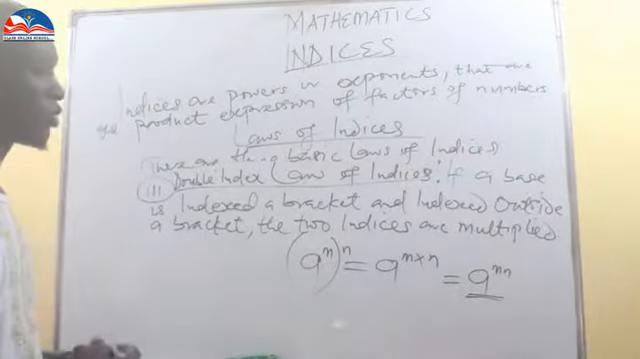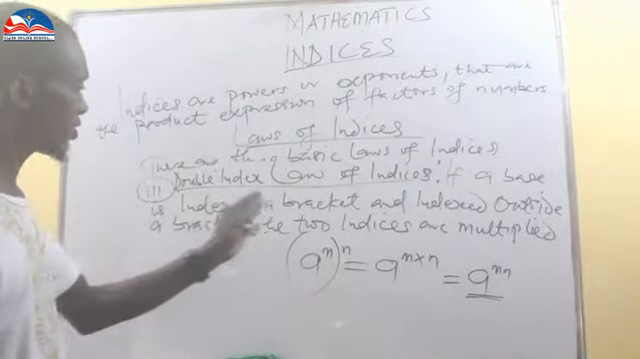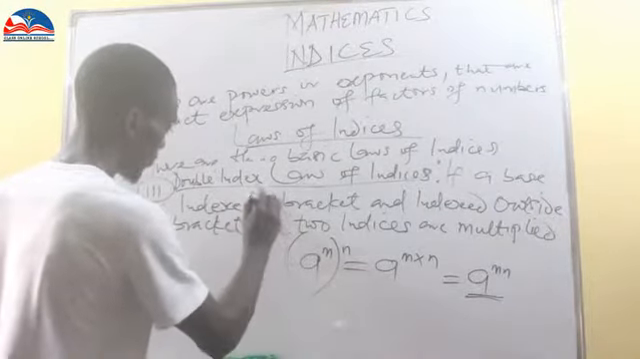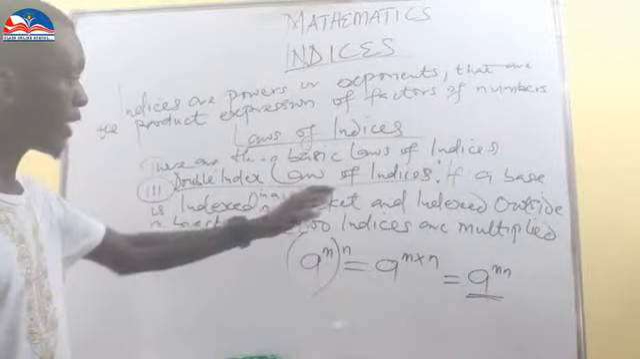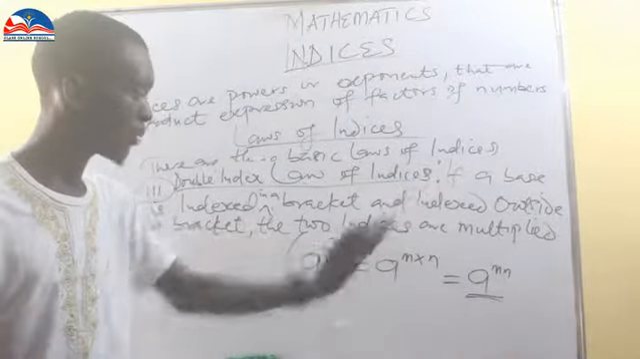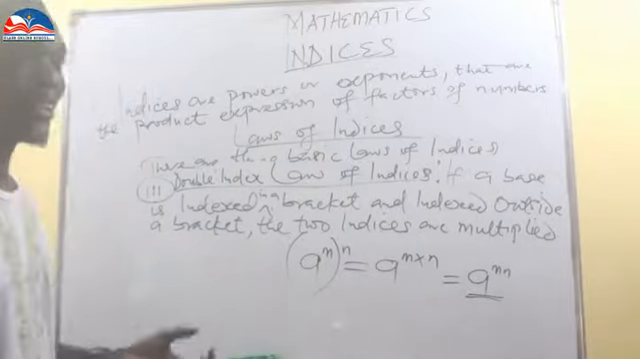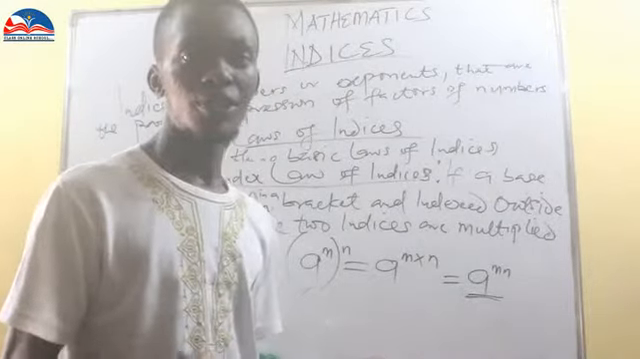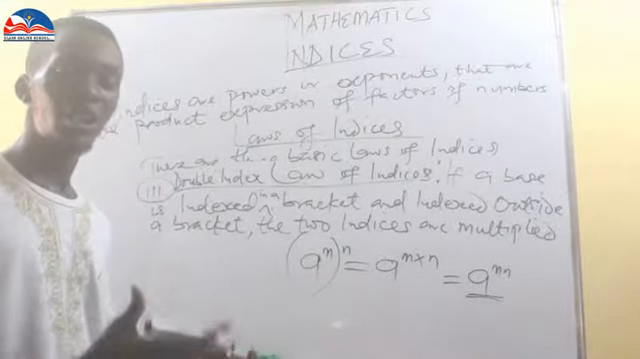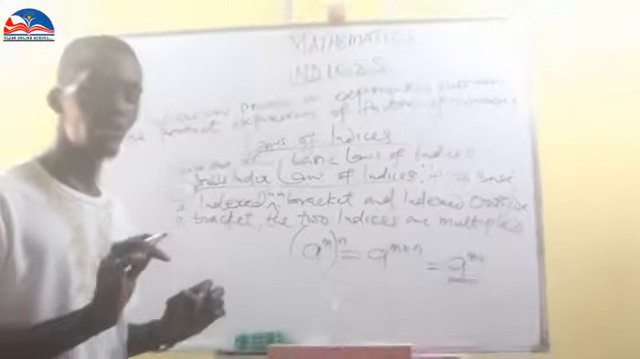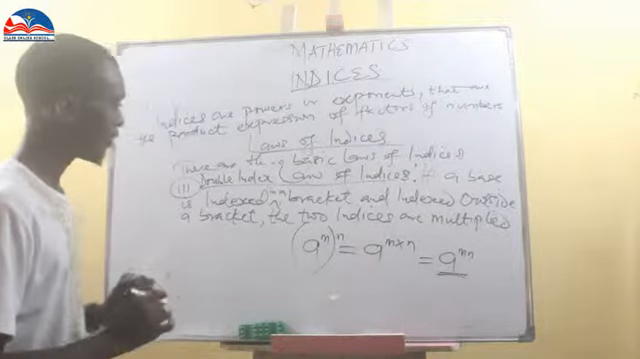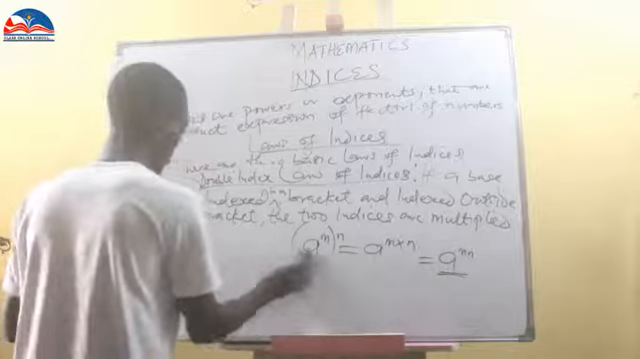So this is what the third law is saying, that if a base is indexed in a bracket, and indexed outside a bracket, the two indices are multiplied. Okay, that is this. Now, these three basic laws lead towards a number of important results. So we are going to look into what the results are. Now, these three basic laws. So let's take